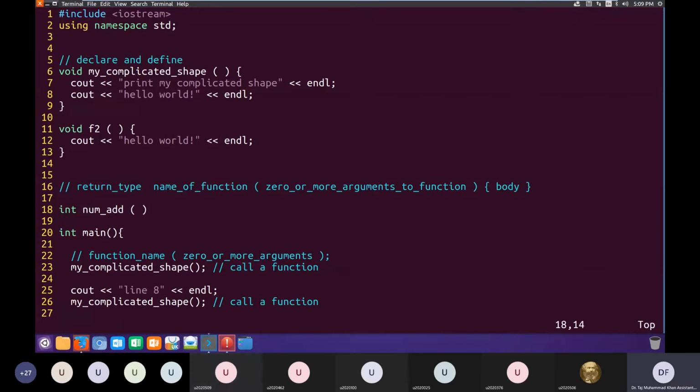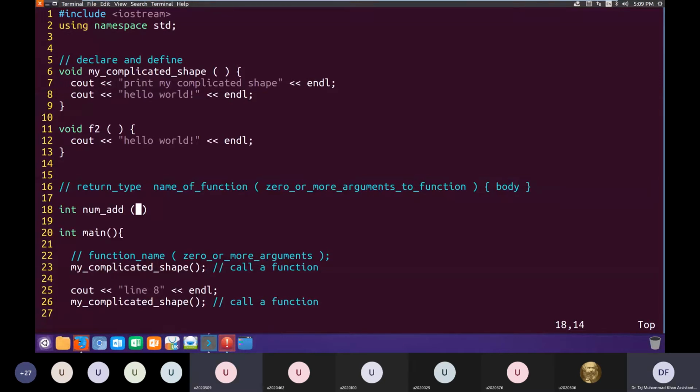This function, whenever we are going to call it, we are going to give it two numbers to add. So whenever we want to give some value to a function in our program, we give it through the arguments.